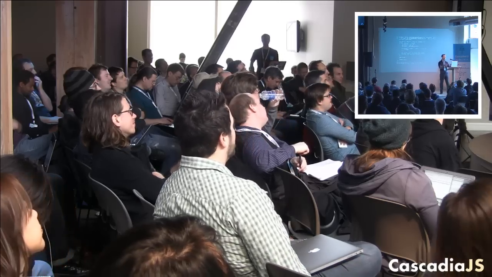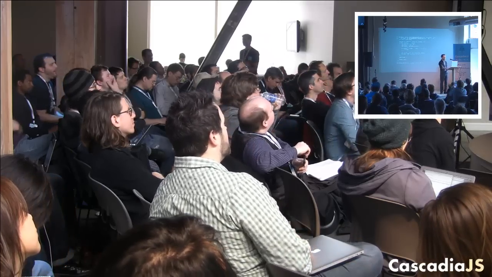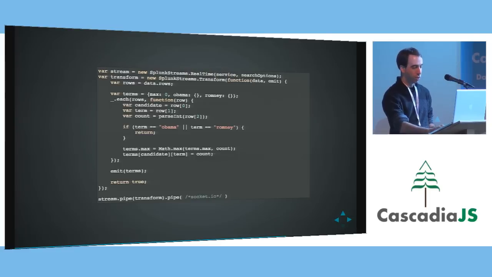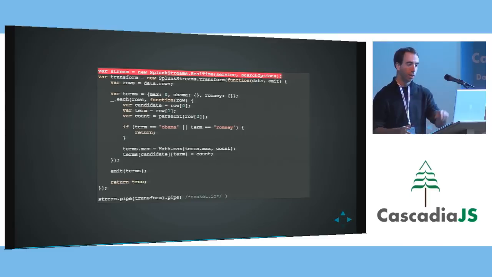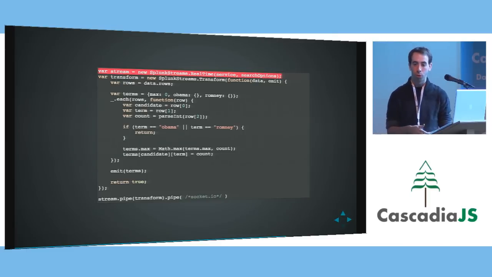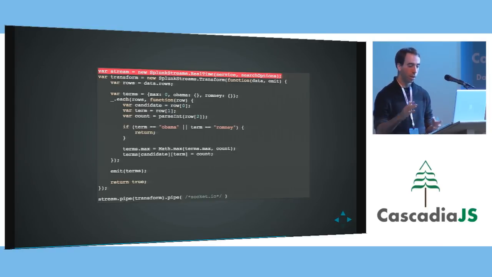So this is going to keep going in the background, but we're done with that demo. But this is the code. And really the important parts, and I'll highlight 2 things here, is the first part, where we're declaring that we have a real-time stream. This is specific to Splunk, but you can imagine it for Hadoop or Mongo or anything else, really. The search query that we're doing is hidden. And all this is available on a GitHub repository, which I'll tweet later, so you can look at all the code that we use to do this. And it's not that much.